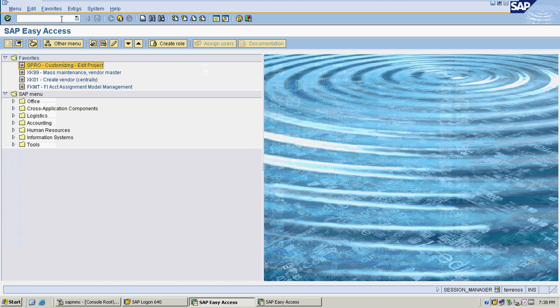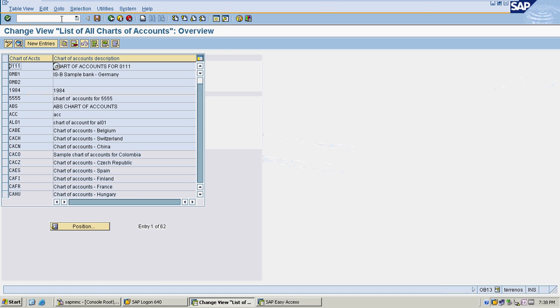Now, as per the organization hierarchy, I am going to create the chart of accounts. What is a chart of accounts? A chart of accounts is a collection of GL accounts. If you go in depth, we can create chart of accounts at three levels: one is the operational chart of accounts, second is the group chart of accounts, third is